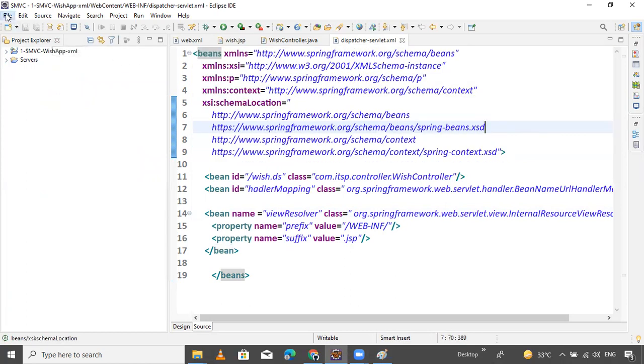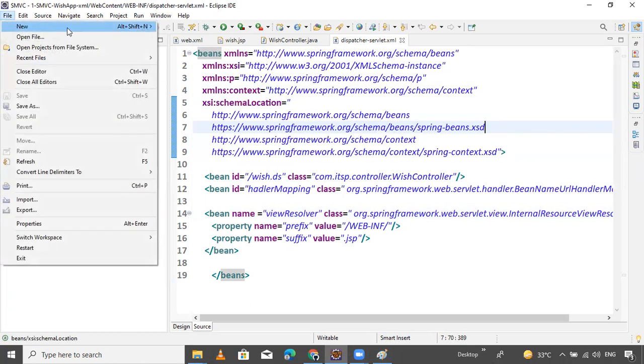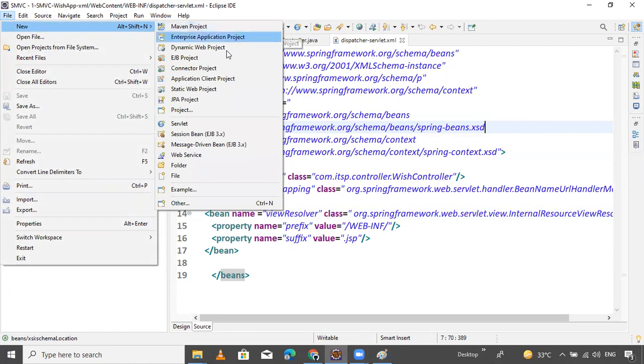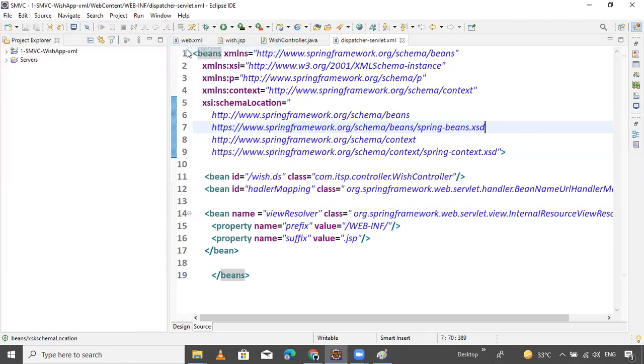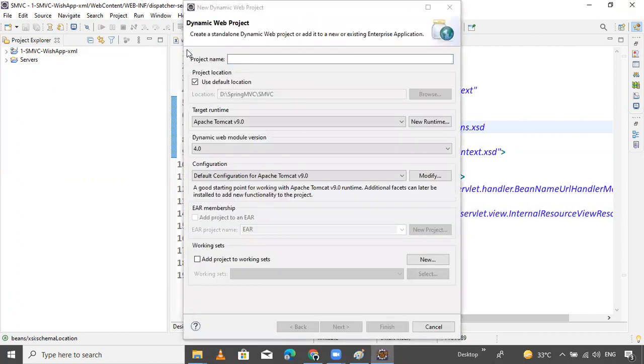So first we create the project. How to create a project? Just follow me. Click on new and we prepare a dynamic web project. Right now I'm not using Maven or Gradle. Why? Because first I will give you some video, then watch it. After that I will use Maven or Gradle. So now our second example is Spring MVC.